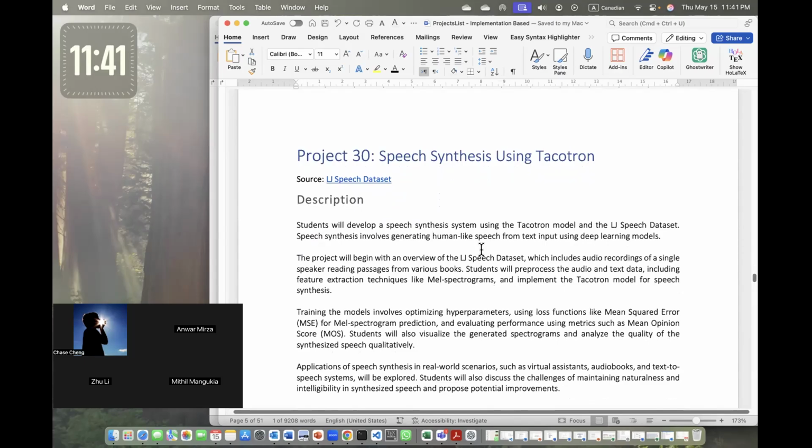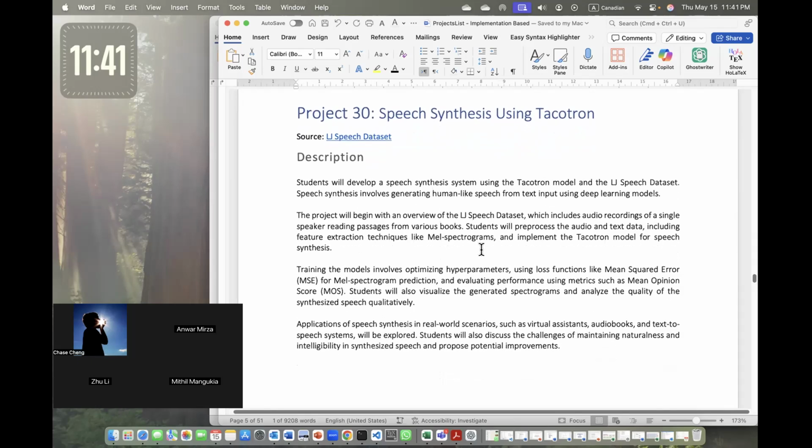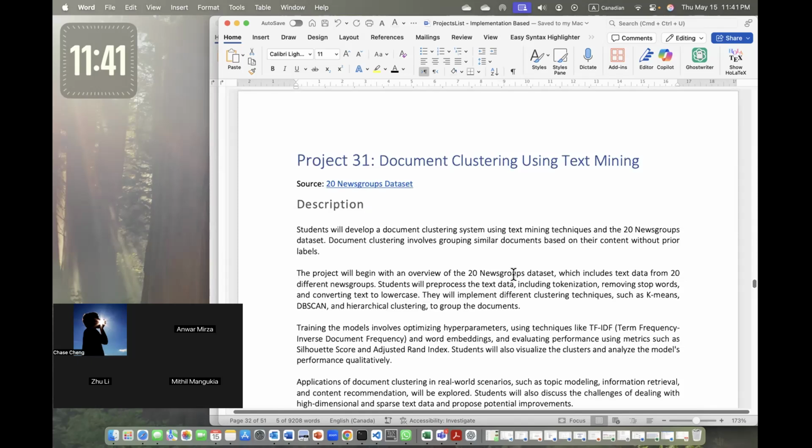Speech synthesis using Tacotron. Speech synthesis is basically, there are various speech data sets which are available. So you are going to generate human-like speech from text. Okay, so how to do that? Nowadays, many people are selling apps where they convert the text into, for example, instead of me reading through everything here, I can automatically generate voice or speech based on the text which is written here. Okay, so document clustering using text mining,